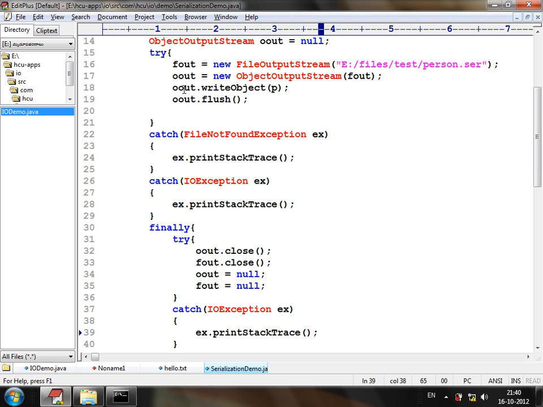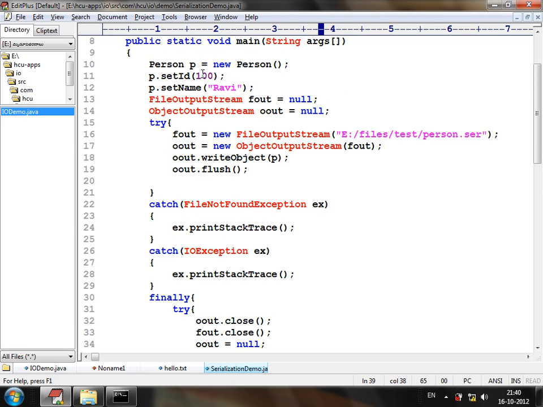Okay, now it's full-fledged. Okay, create an object and create a file output stream, object output stream, execute the method